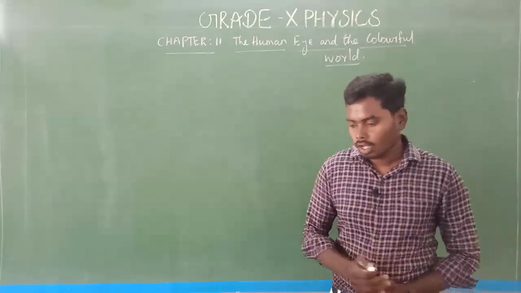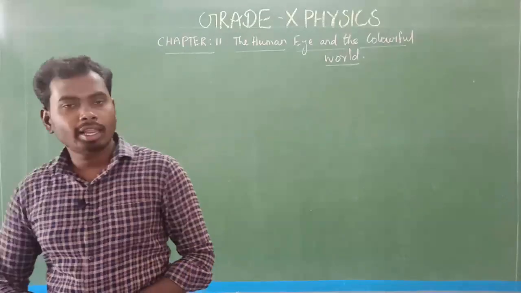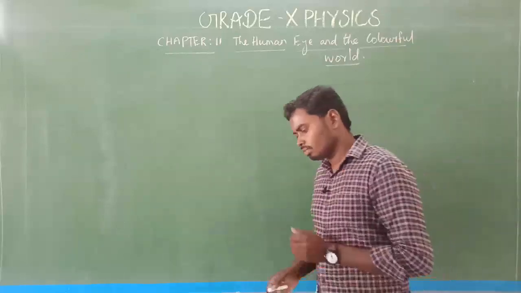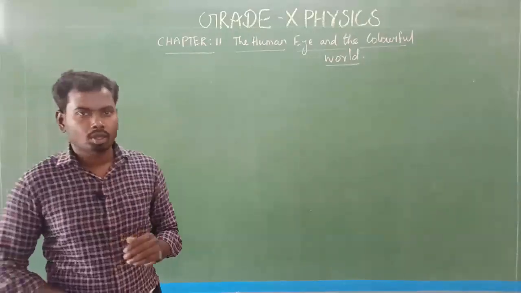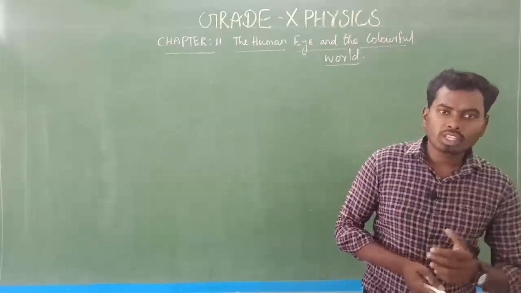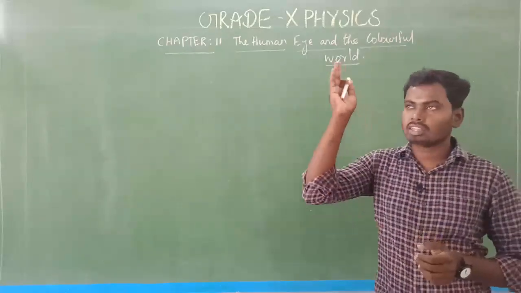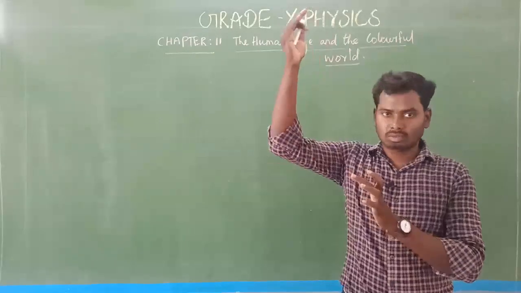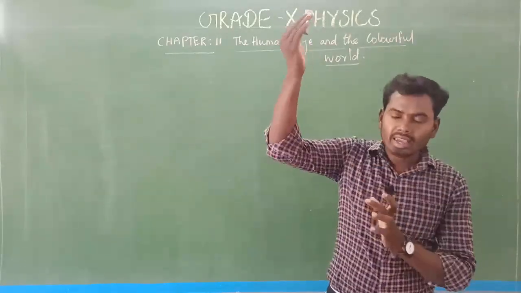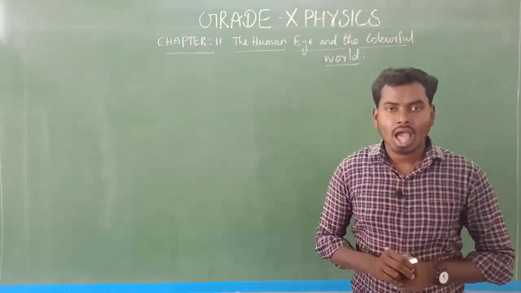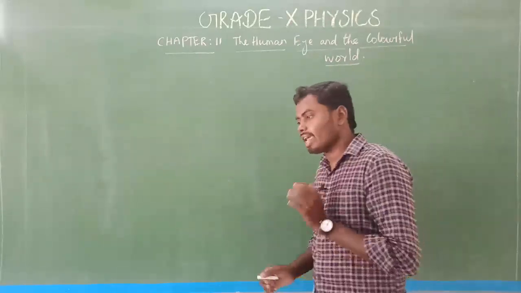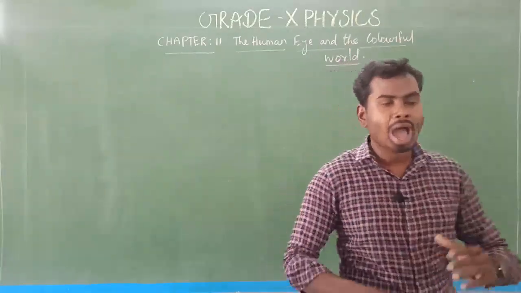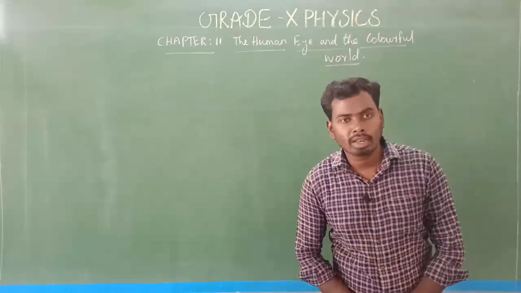Am I right? Yes. Next, another example of atmospheric refraction: the stars seem higher than they actually are. Which means if we observe the star position at night time, that star position appears to be raised, appears to be higher than its actual position. So that is the second example of this atmospheric refraction. This is also one of the optical phenomena that happens in nature due to atmospheric refraction.